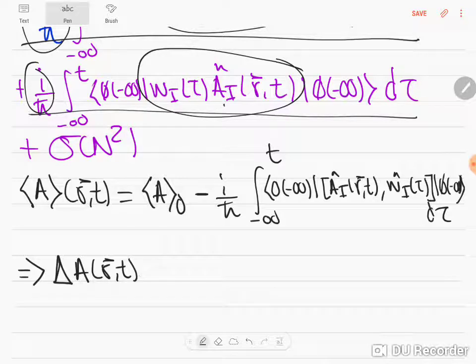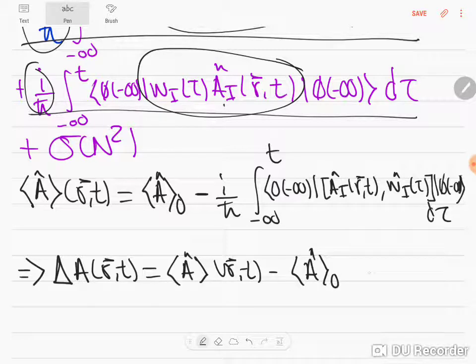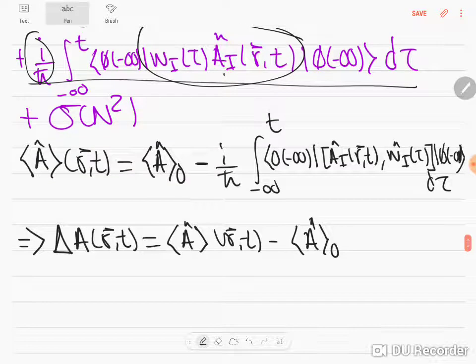This is a scalar. So this is the expectation value of this operator and of this operator. Now this is a scalar because it's the difference between these two expectation values, minus the expectation value in 0. And we have that this is equal to minus i over h bar, integral from minus infinity to t